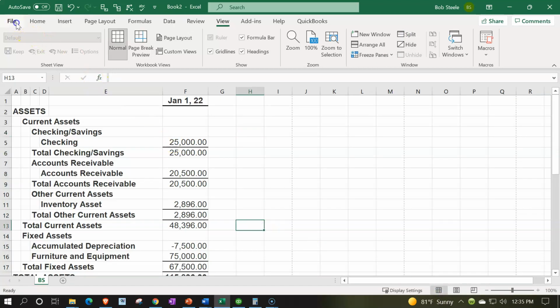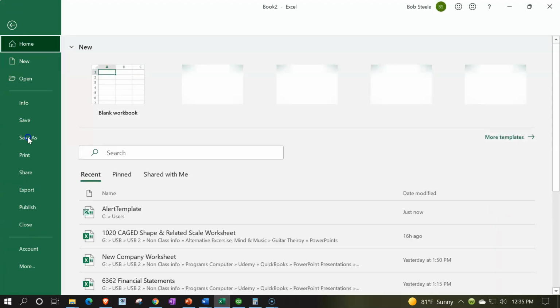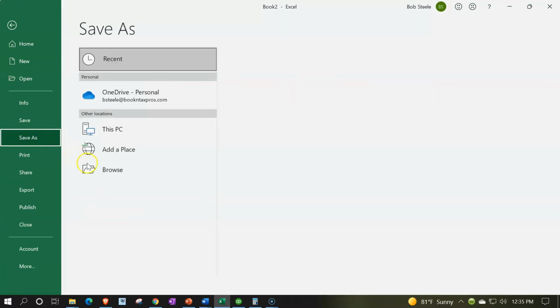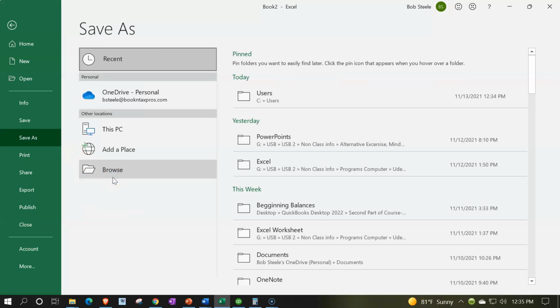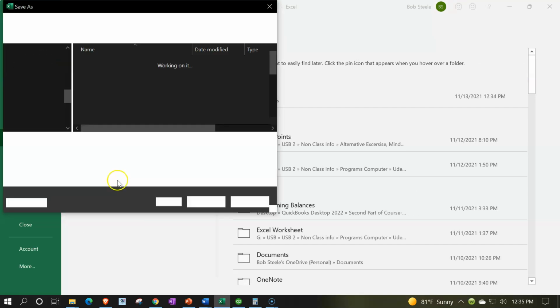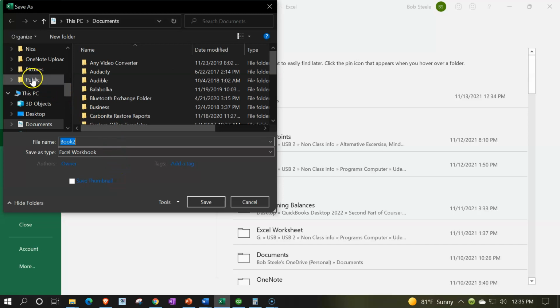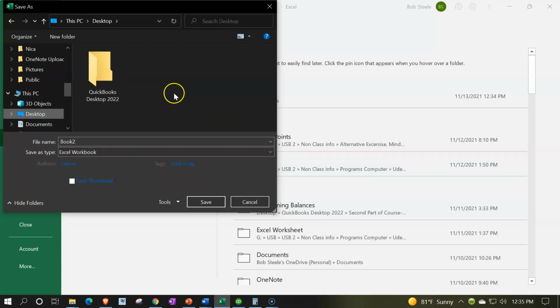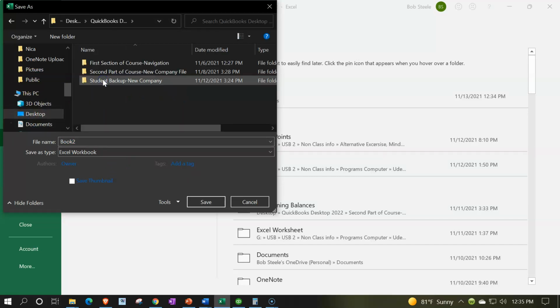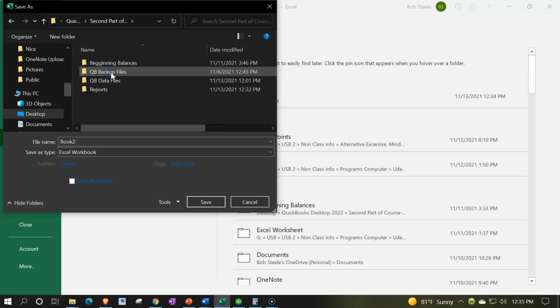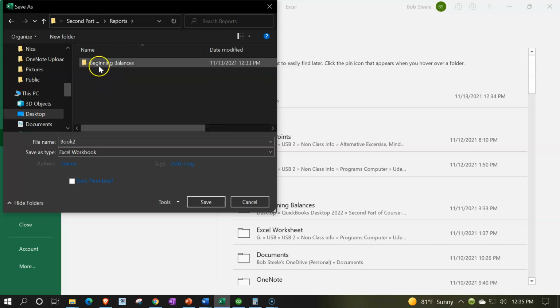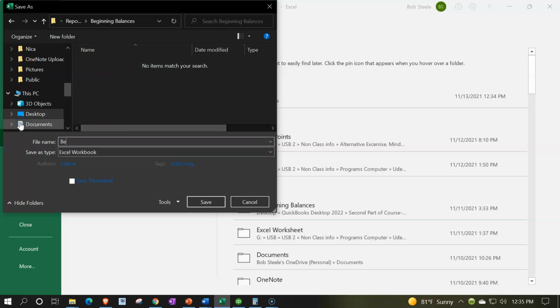And then we're going to go file, save as. And let's put this on the top of our desk, otherwise known as the desktop. That's the top part of the desk. So we're going to put that here. It's in the second part, and then the reports and beginning balances. And I'm just going to call this beginning balances